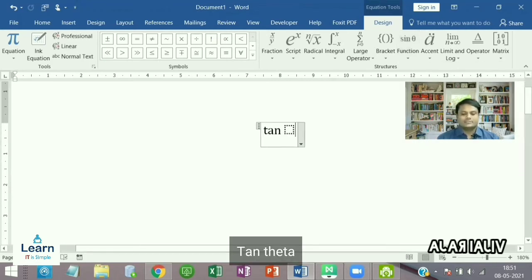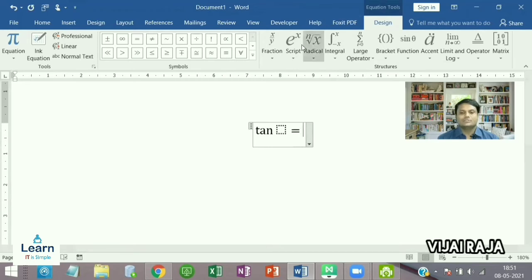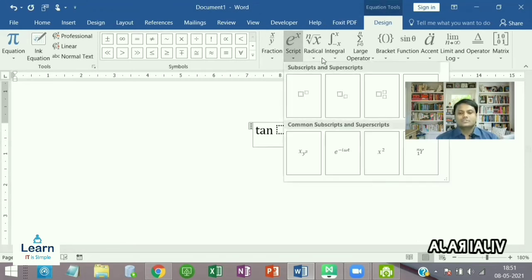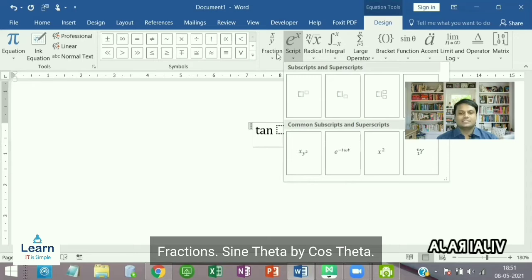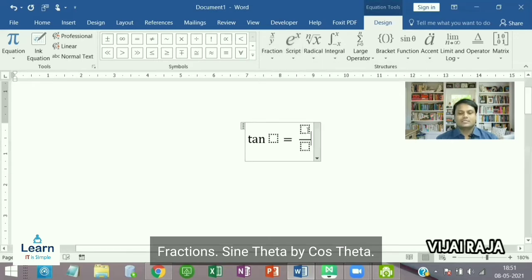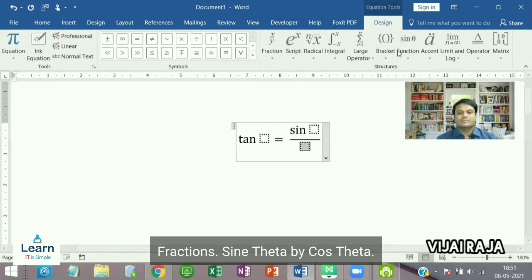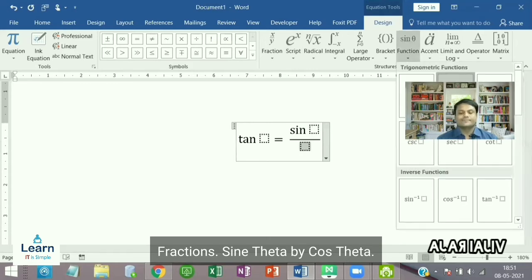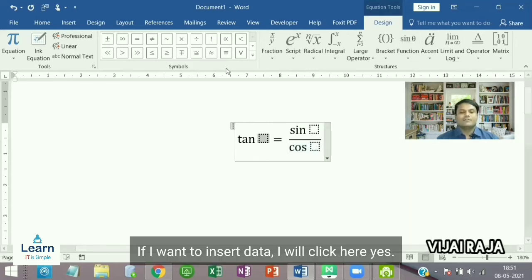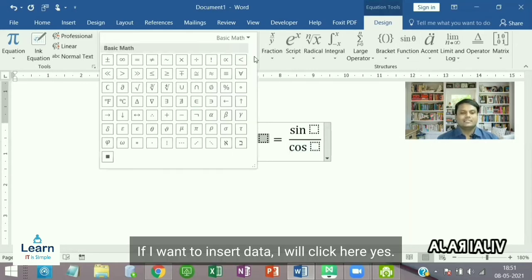Tan theta is equal to fraction, sin theta by cos theta. If I want to insert theta, I will click here.